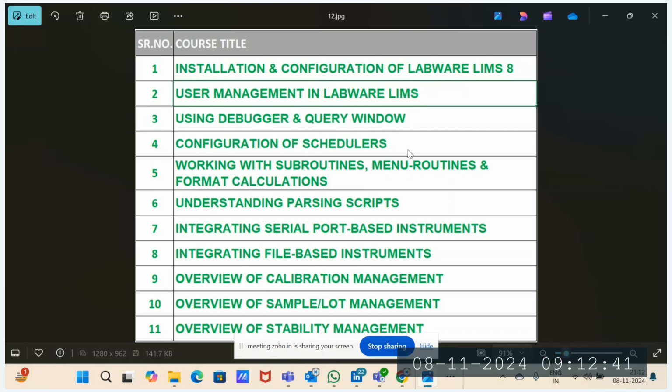followed by schedulers: what is the use of schedulers, how we can configure the schedulers, in which cases we are going to use scheduler activities, and how subroutines will help us as part of our